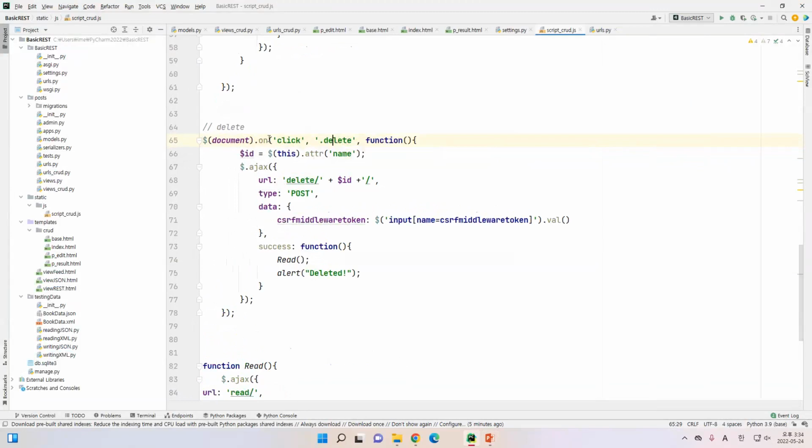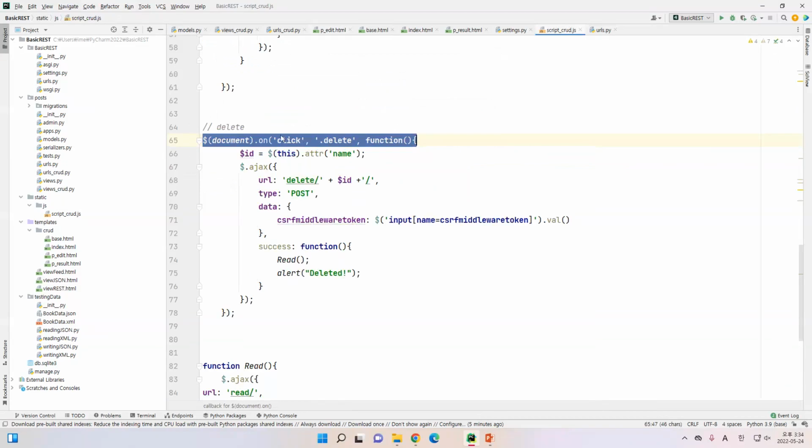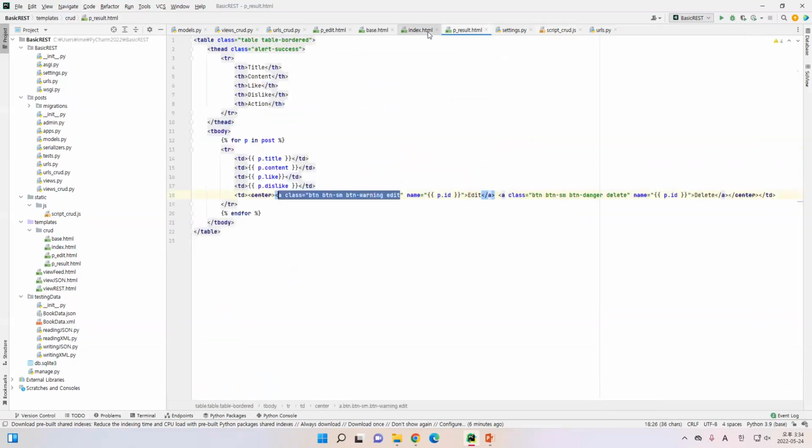And for this delete, it was in the document. So the document means the document that we used for this one, it is in the delete, this one. And then if I click this button, if I click the delete button,